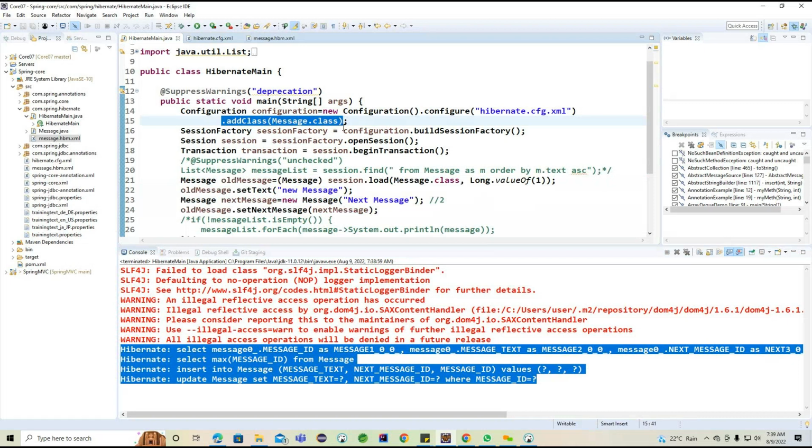Okay, but what we can understand here is addClass. This is important. Whenever we have multiple classes, we'll call this particular addClass method and specify the POJO class, or we can call it the database related class. Whatever database we are going to use, the table related class we are going to use like this. And internally, it is going to append with